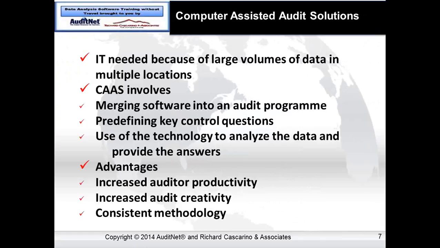I had one client who shall remain nameless, but they were in Namibia, and they contacted ACL and they said, we'd like to buy it. ACL referred them to me, and I said to them, okay, what kind of computers do you have? They said, we don't have any computers. Okay, but what kind of computers does your company have? No, we don't have any computers. Well, why do you want to buy a computer-assisted solution? Well, everyone else has one. We thought we should as well. I said, look,